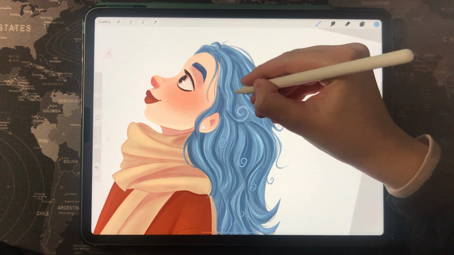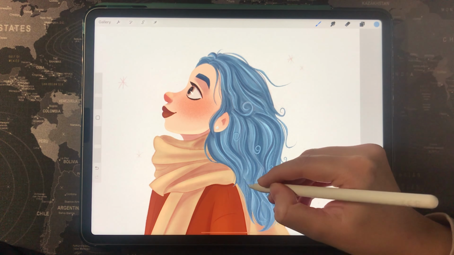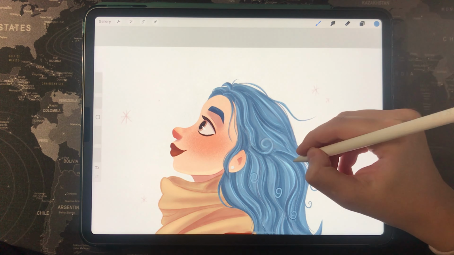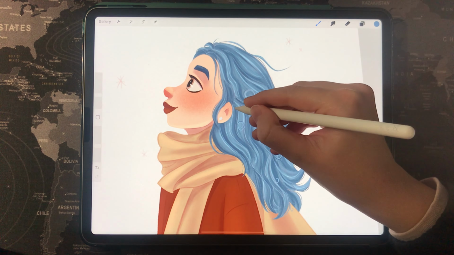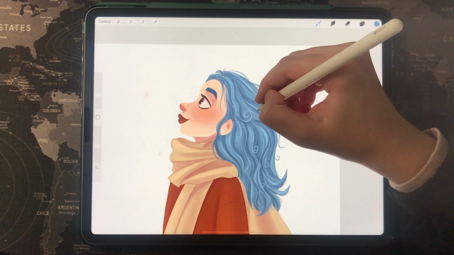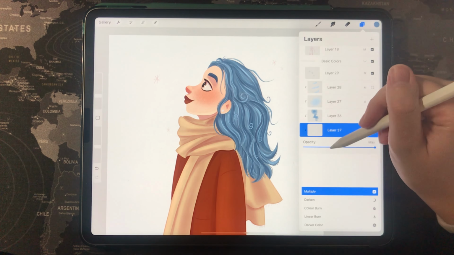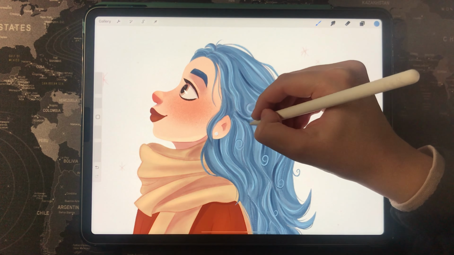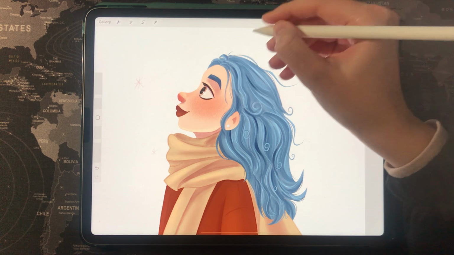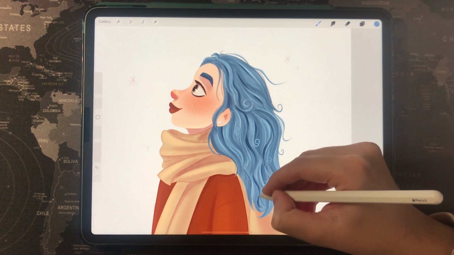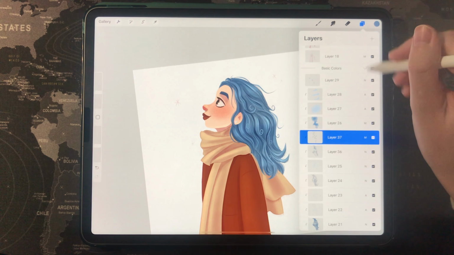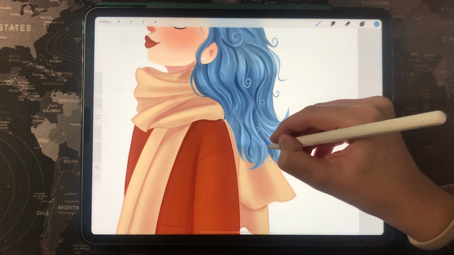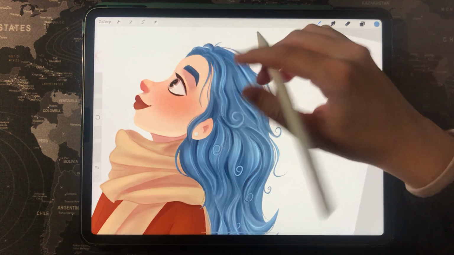And now I refine the hair again. I think I'm not gonna show you the whole process of this refinement because it takes so long and this video would be so boring if I did that. So I think I'm gonna skip some parts of it. But now it's starting to be how I like it. So there is enough contrast. You can see some separate strands of hair and you can see lights and shadows clearly.